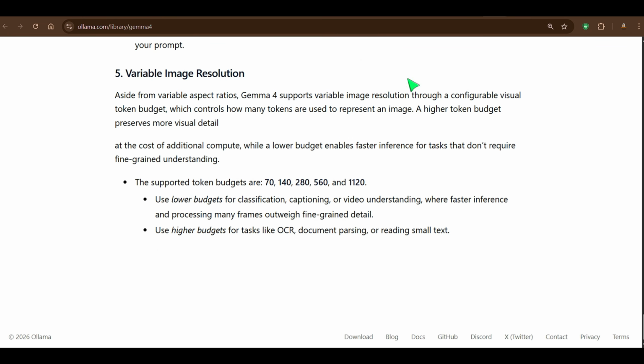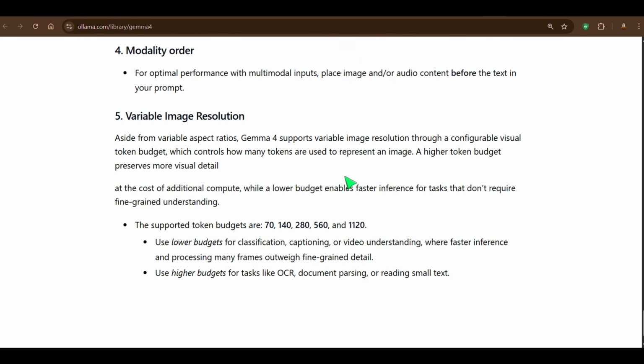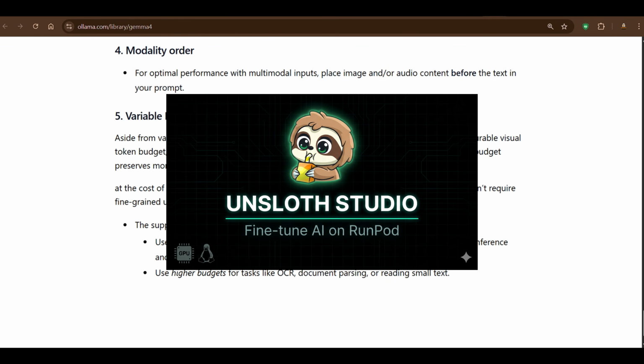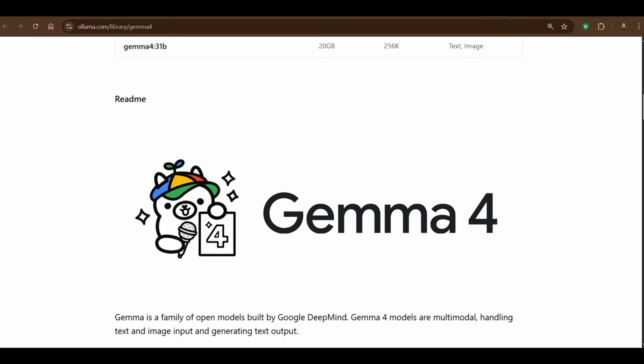Also, we can even fine tune. If you want to see how it's done, you can check out this video on Unsloth. They have released Unsloth Studio to fine tune such a model. But again, great model from Google, and I'm really